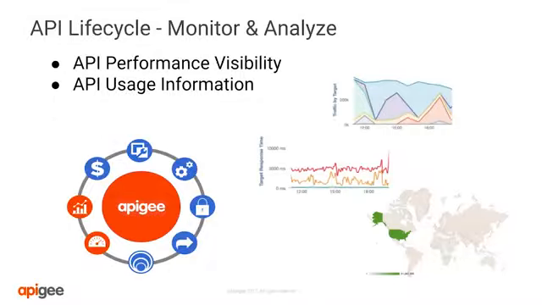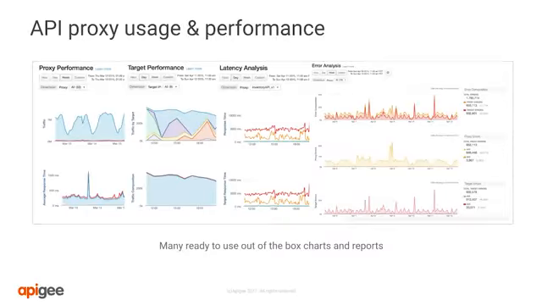Let's turn to monitoring and analyzing. Apigee Edge provides complete visibility into the health and performance of your APIs by providing a number of out-of-the-box charts that help you measure and monitor traffic, performance, latency, errors, and more. This allows companies the ability to improve the productivity of their developers by using out-of-the-box charts to identify issues related to latencies or errors and proactively reaching out to those developers to help them properly consume APIs.